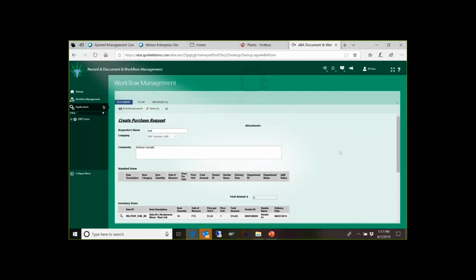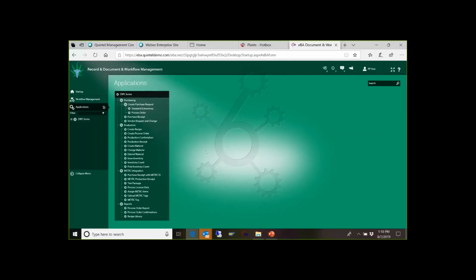And then this is all in a document management type of setting, so you're able to easily access and get information either from what is happening currently or what may have happened in the past from these forms that we use throughout the ERP Cannabis solution. So the other thing then, just going back, that's an example of a purchase request that a production manager may have submitted, but then we also have the ability through these forms to actually create what's needed from a production perspective, being able to create a recipe, being able to create a process order, or being able to provide a